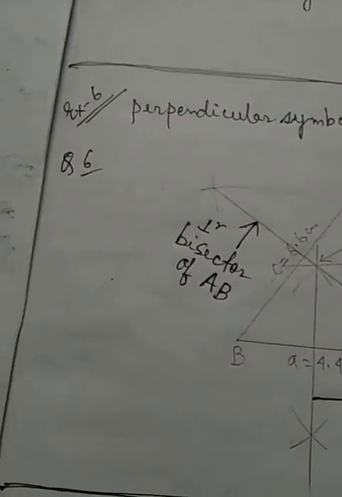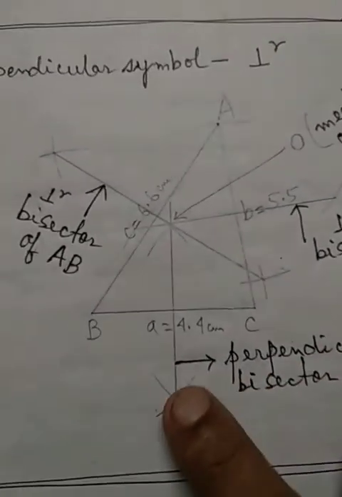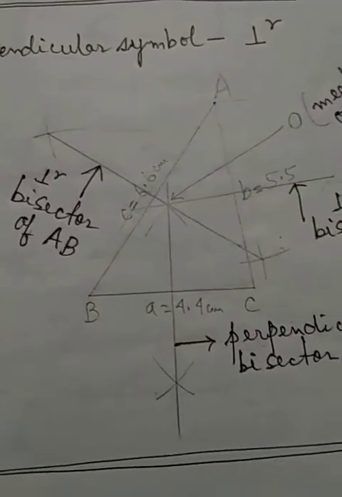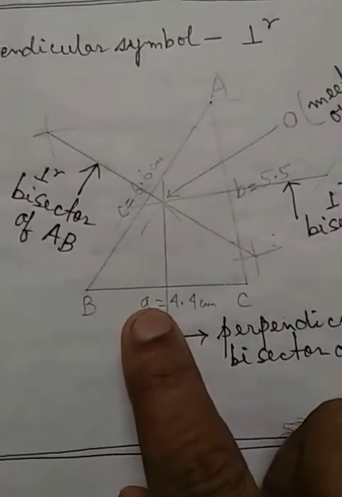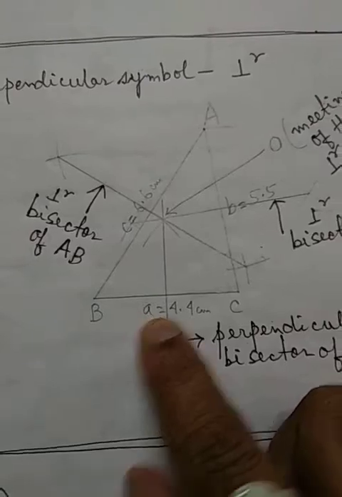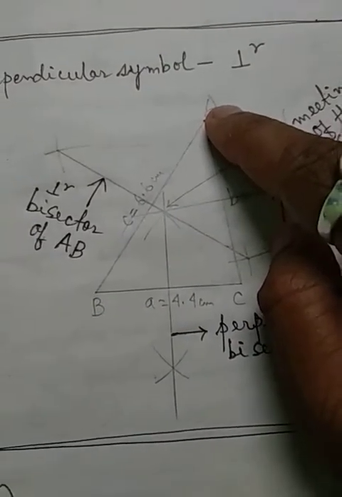So first you have to draw a rough figure, students. I have not done it here. In the next sum number 7 I have done. Here I did not do. If you draw a small rough figure, you know that small a is the side which is opposite to vertex A.